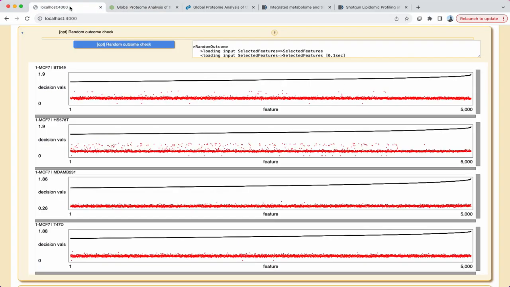The ranked decision values from data with correct outcome labels are indicated by the black trend line, which is the same as the one shown in the prior module. The red points indicate decision values that are achieved when the individual abundance values within each data point are no longer connected to outcome. As you can see, correctly connected data gives markedly better decision values than for the scrambled data.